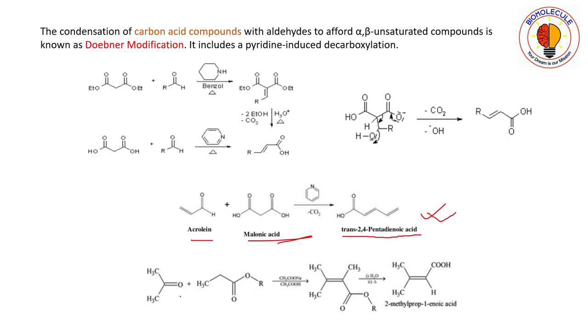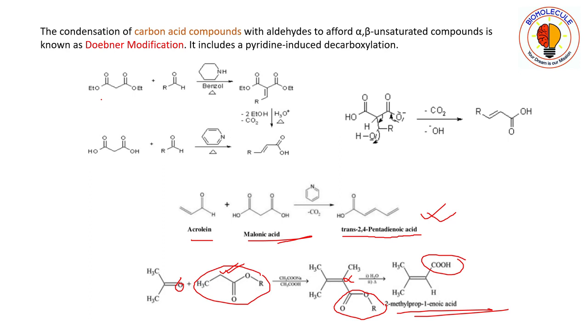Similarly over here you can use this compound. You see that this one is the active methylene group. So you replace this oxygen with this active methylene group over here. You see that this one is the alpha carbon. Now they are hydrolyzing it, so this will undergo hydrolysis. Here this is the ester portion, so the ester will hydrolyze to acid. So you will get the final product as alpha beta unsaturated acid.